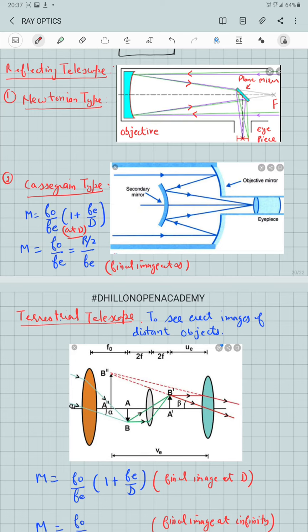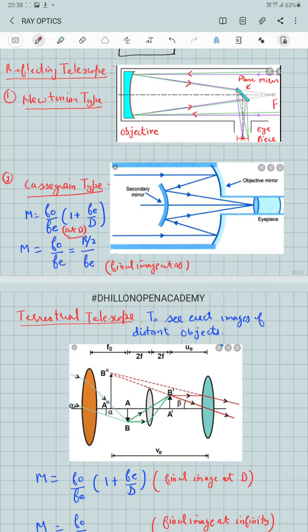It consists of a large concave paraboloidal primary mirror, but it has a hole at its center. And then there is a secondary mirror, which is a small convex mirror near the focus of the primary mirror, while the eyepiece is placed on the axis of the telescope near the hole of the primary mirror. The parallel rays of light coming from the object suffer reflection from the primary concave mirror. Before they can get focused at the principal focus of the concave mirror, they further suffer reflection by a small convex mirror